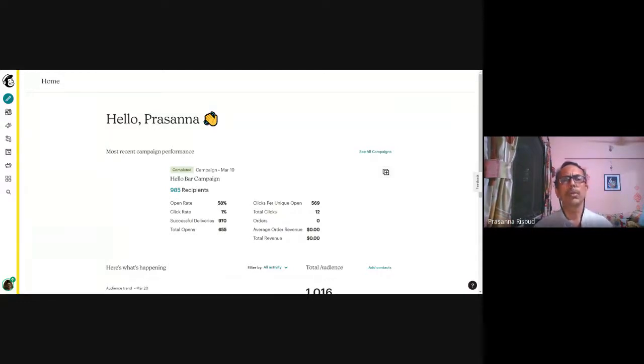So whichever email address you're using, to that same email address you will get the reply. So you don't have to go to MailChimp again for checking replies. If you are using your Gmail, Hotmail, Yahoo account, your replies will come on that same account. Only while sending, you have to use MailChimp and send all your emails. Now, why MailChimp? Because you can send it in bulk. Now, in bulk, you can use Gmail, Hotmail, or Yahoo also.